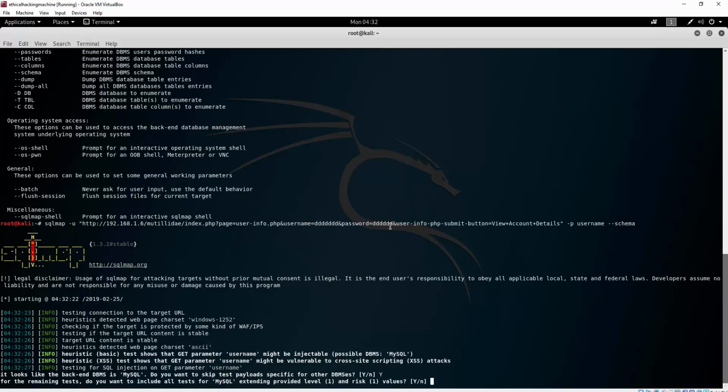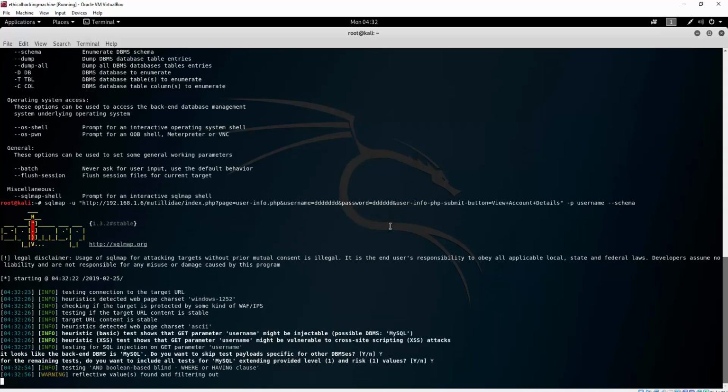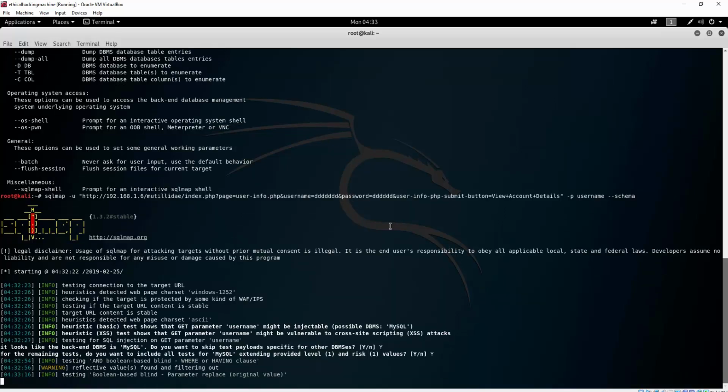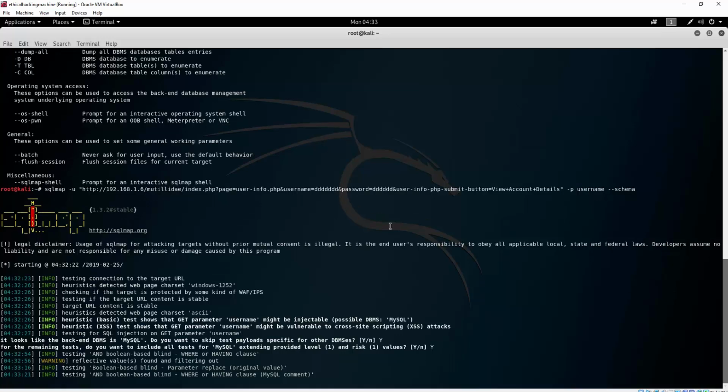So for the remaining tests, do you want to include all tests for MySQL extending provided level 1 and risk 1 values? We want to click yes. If you don't want, you can specify the level and risk in the command itself. And basically you can let this run and it will automate the entire process of the SQL injection for you. Once it finishes this, basically I believe it will print out the tables and columns and all of that, and you can automatically, with a single number, choose an option to check out what it found. But I believe this process takes a little bit longer to finish, so we won't be waiting